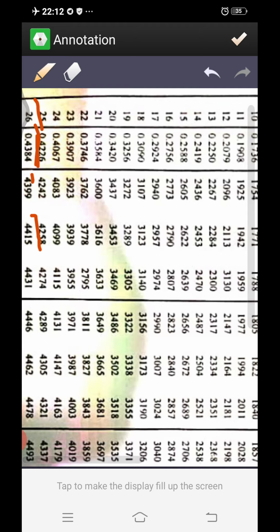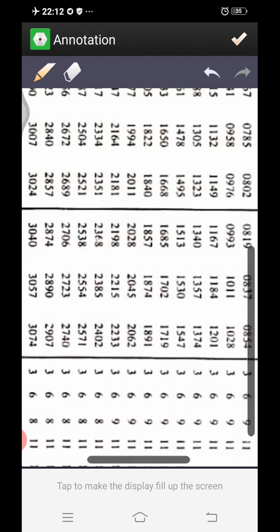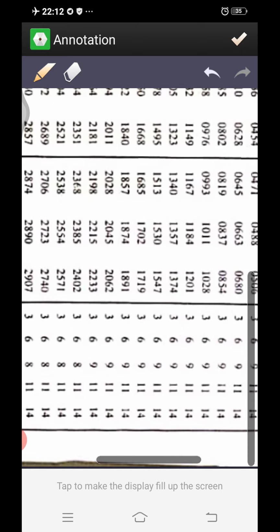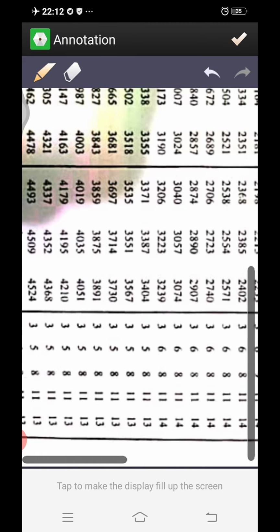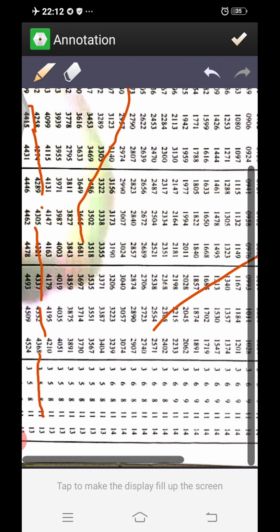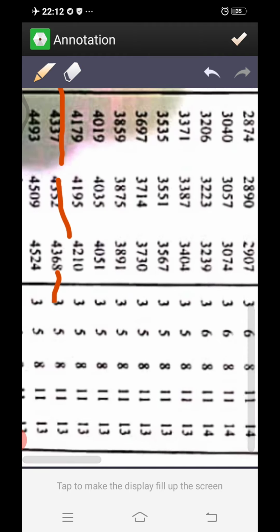Now after 12 minute, we are left with 3 minutes. Now the difference for 3 minutes. So we come to the difference part here at the end. 3 minutes difference: this is the third line. We can see just in front of 25, this is the third line, and here it is written 8. Difference for 3 minutes is 8.